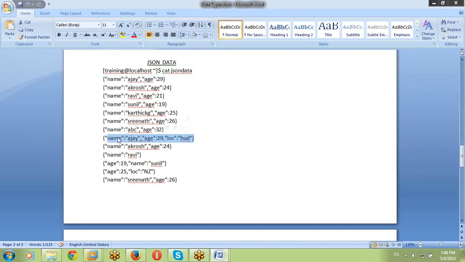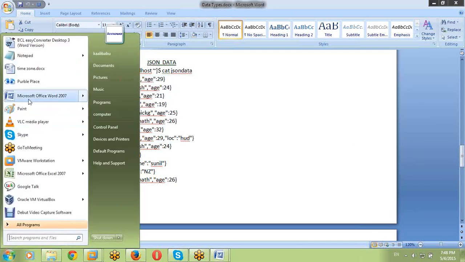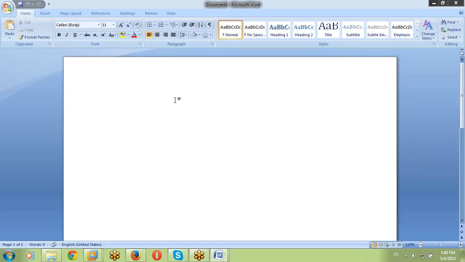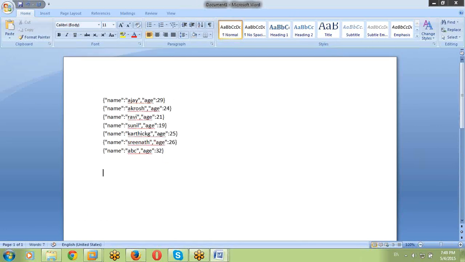Now I want to create a table with the column names name, age, location. After that, how can I convert this JSON data into structured format? Yes, we have a four-step strategy. By using the four-step strategy, I'm converting the JSON data to structured format.